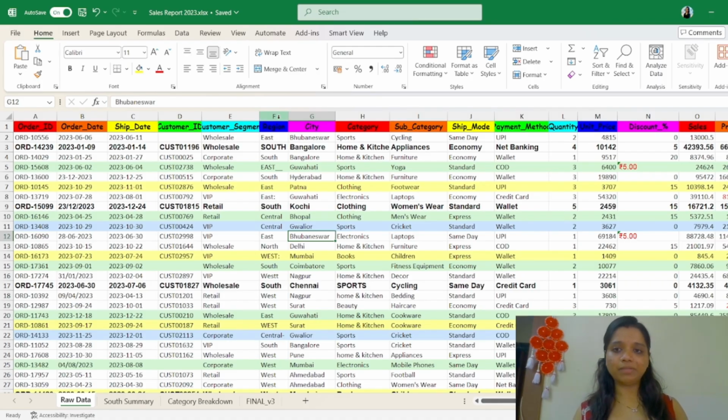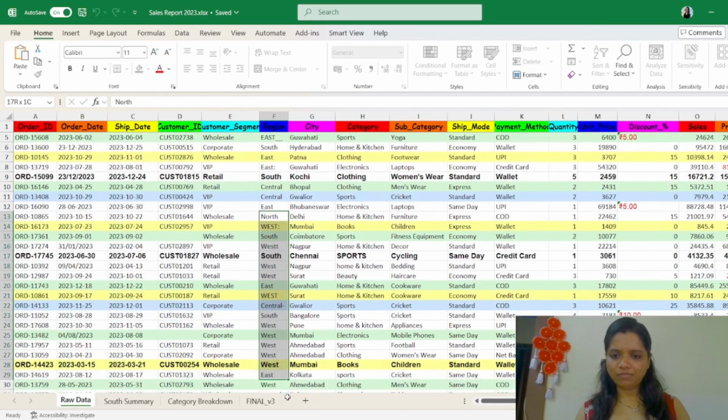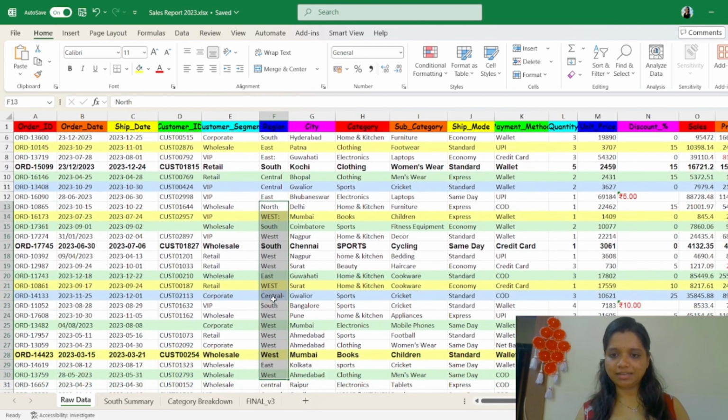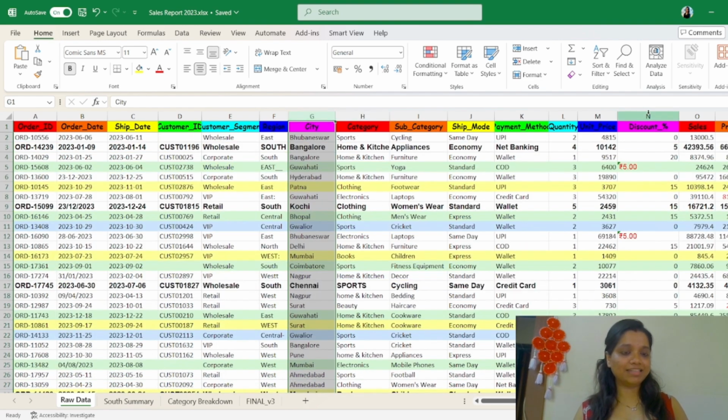To give you an example, just focus on this region column. It has multiple versions of the region names. For example, there is some suffix after the east. Some of the cells are in full caps while some are in camel case. There is some suffix here as well, and there can be a lot of other issues in the same column, or the issues might be in another column. Another example is if we look at this discount column, somebody has typed this rupee symbol in this column.